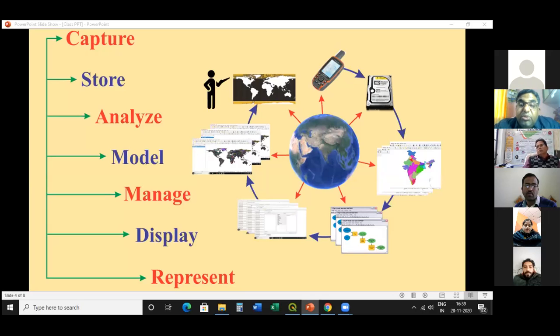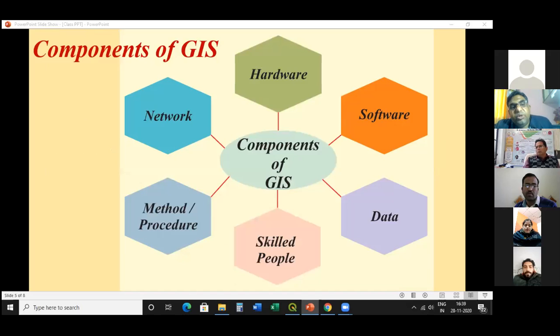उसके बाद में हम उसके द्वारा मैप्स बना सकते हैं, मॉडल्स बना सकते हैं, बहुत सारे इंफॉर्मेशन को मैनेज कर सकते हैं, उसके बाद उसको डिस्प्ले कर सकते हैं। यहाँ पर एक मैप दिखाया हुआ है जिसके पास में एक यूजर दिखाया हुआ है, कि किस तरह से हम अपनी आवश्यकता के अनुरूप मानचित्र उसमें से अलग से ले सकते हैं, अर्थात जो हमारा कंसर्न है उसको रिप्रेजेंट कर सकते हैं।